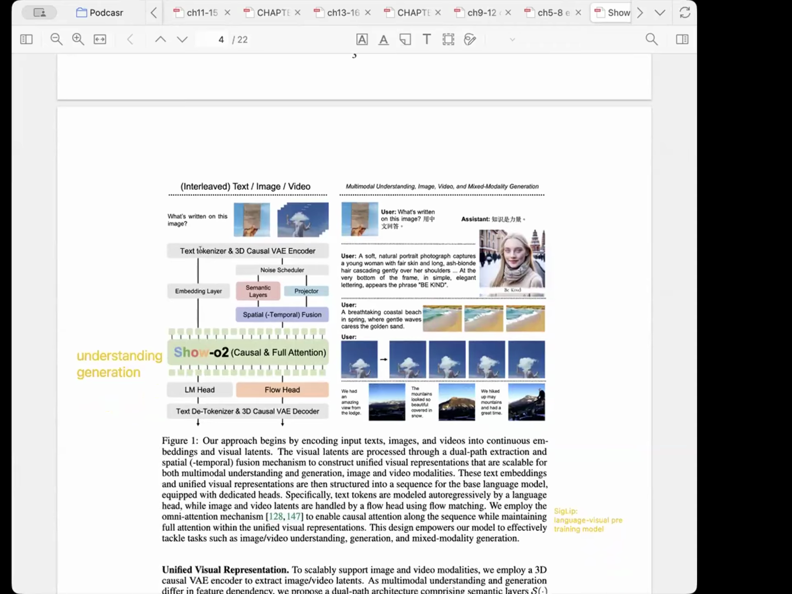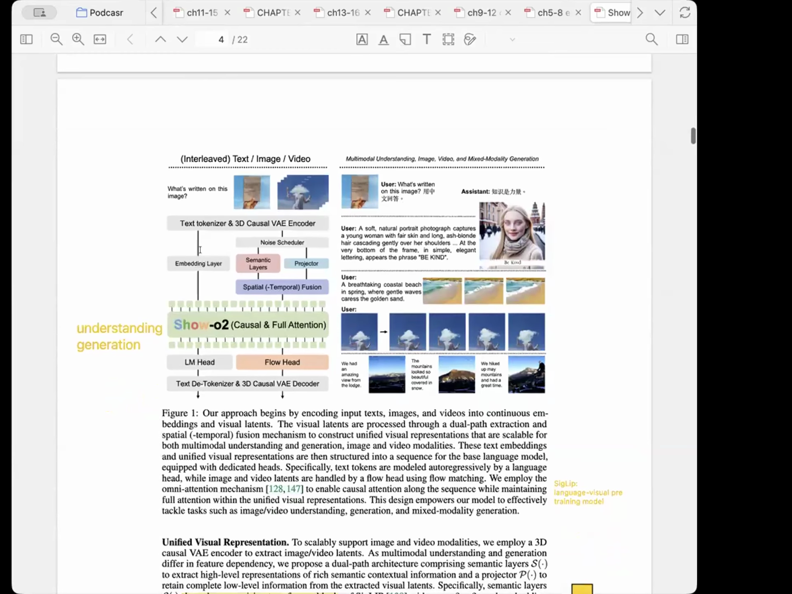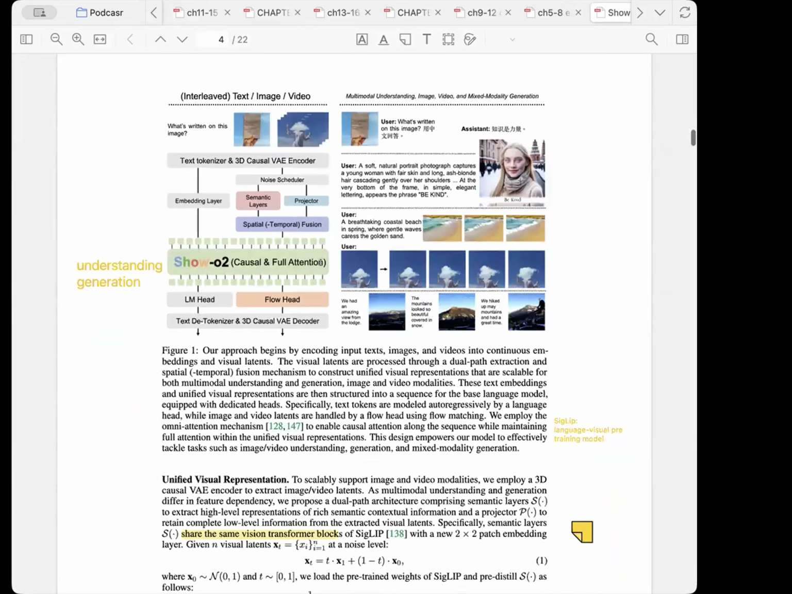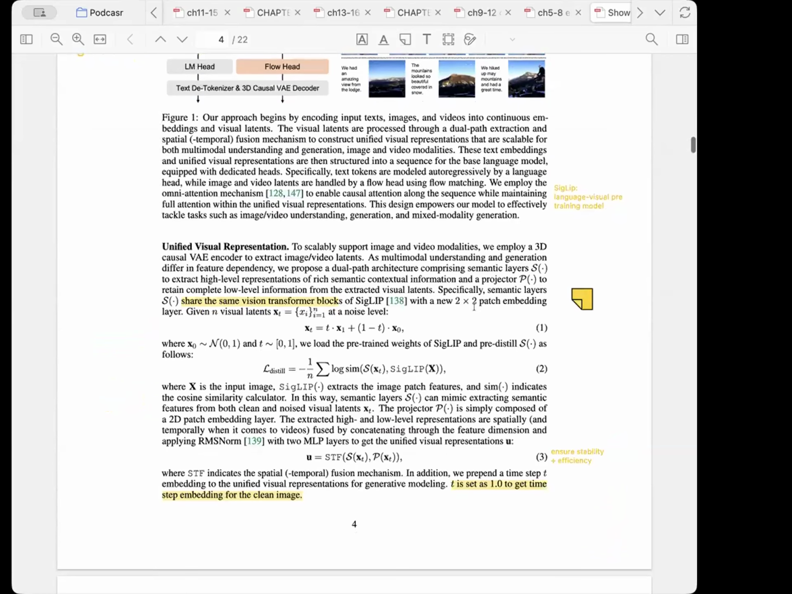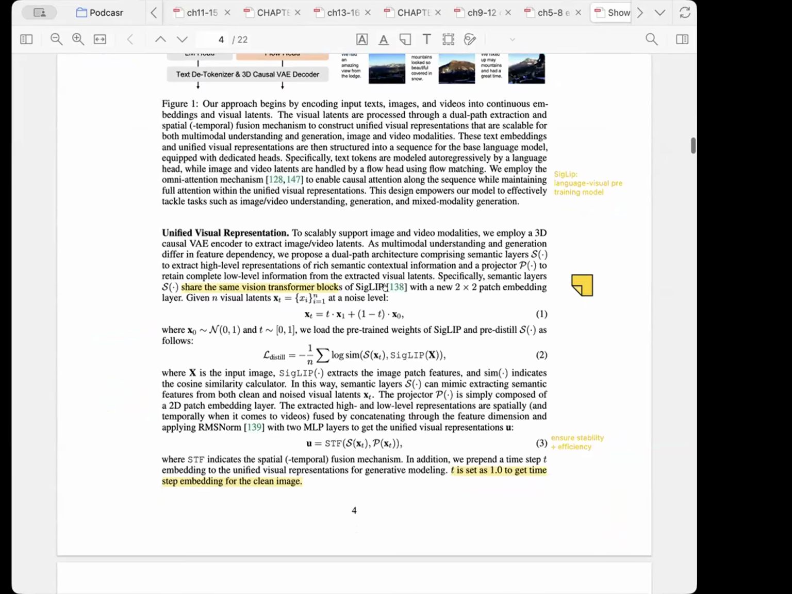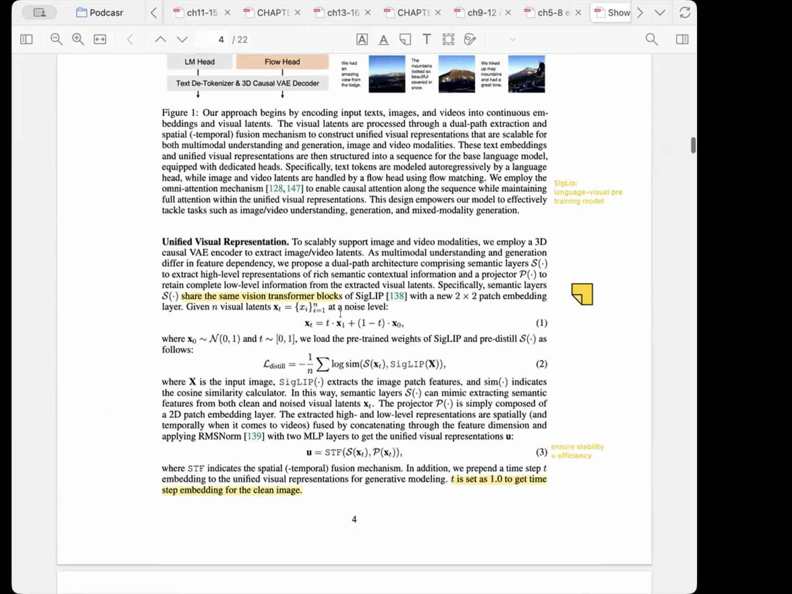after the encoder, we'll go to the embedding layer, and here is where the semantic layer and the projector come into play. And we will go to this part. I promise I will try to go through this in an interesting way. So for the math part, we'll just try to understand the nature of it. The first one is a distillation of knowledge. So for this formula,